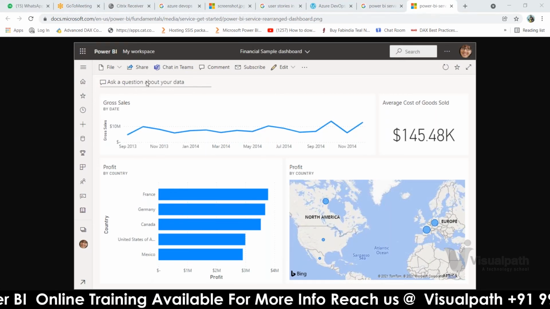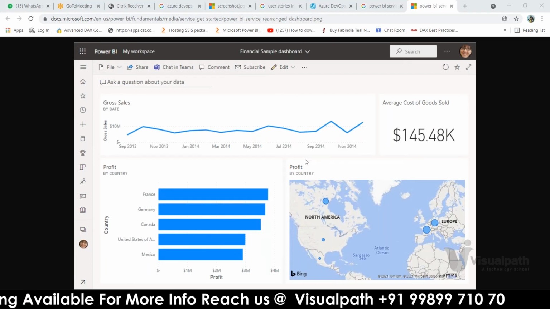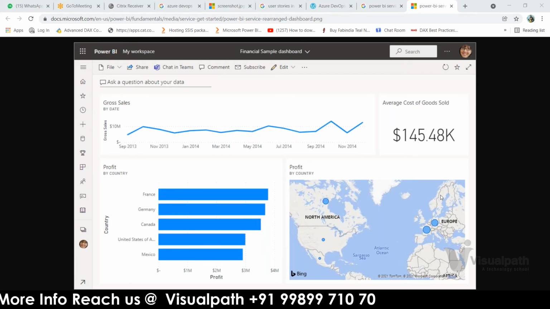This is the place where we share the dashboards to the end users, and the end users will be able to see these dashboards.